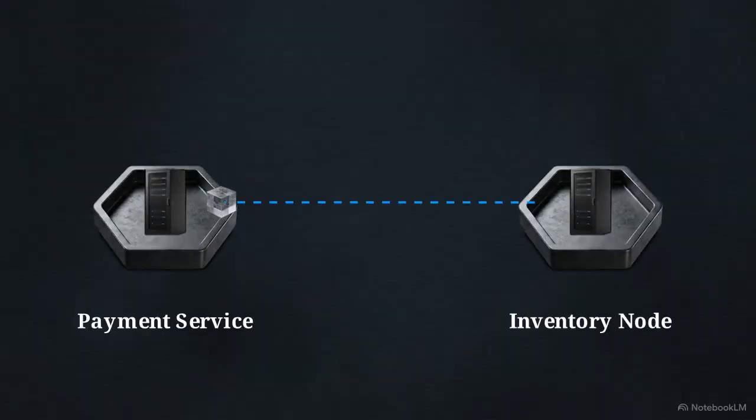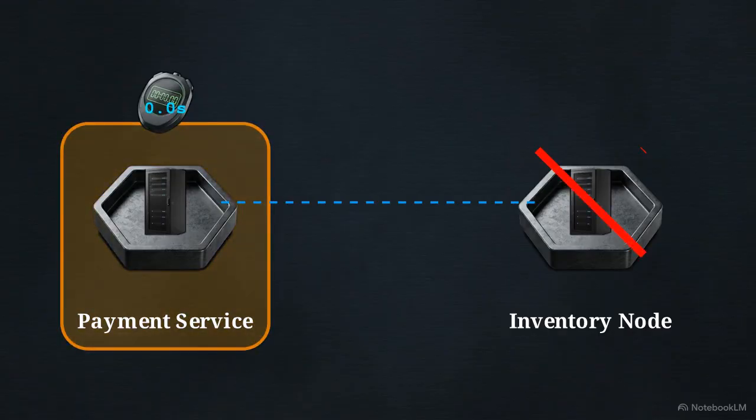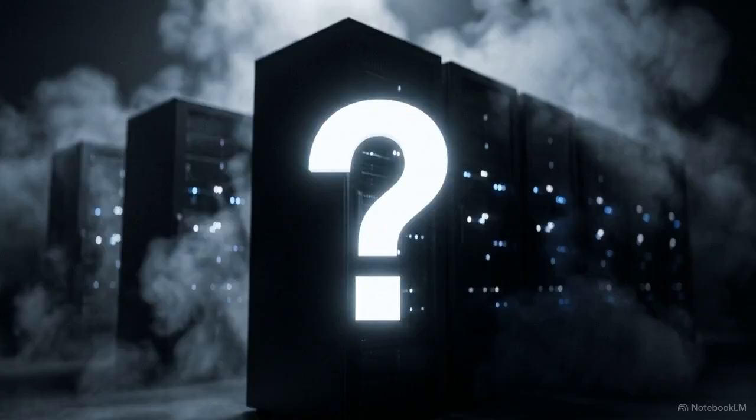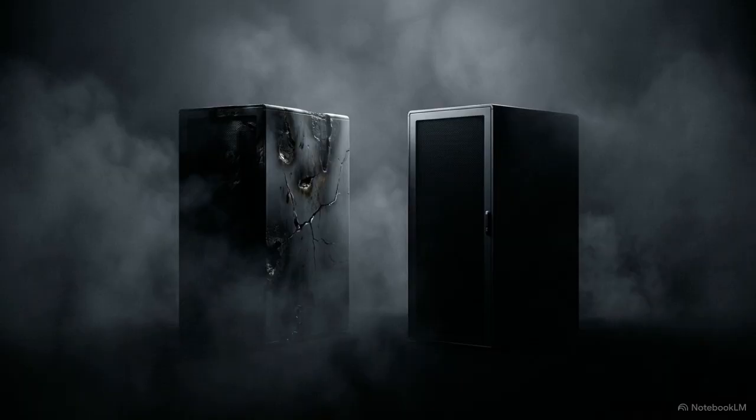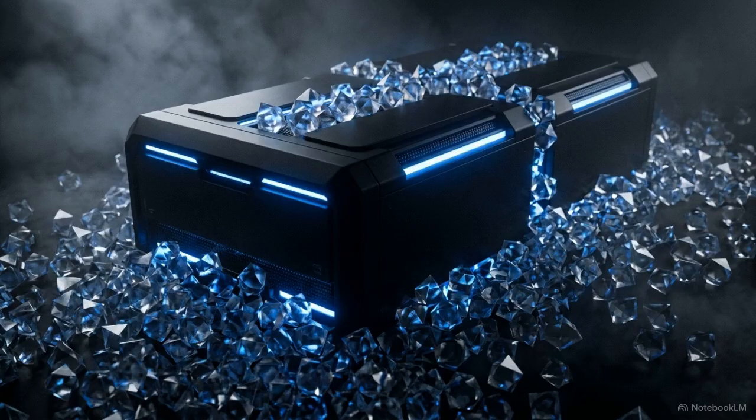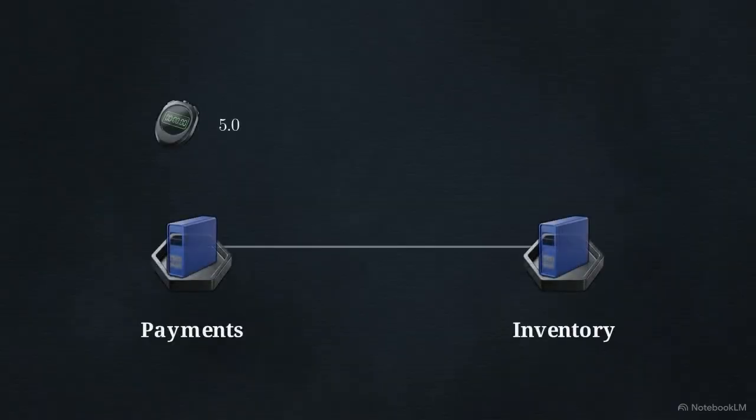The standard engineering solution for this silence is a timeout. The payment service waits for a specific number of seconds, gives up, and assumes the inventory node is dead. But a timeout is just a guess. It cannot distinguish between a machine that has actually crashed and a machine that is functioning perfectly but is stuck behind a congested network queue. When the timeout hits 0, the system's automated reflex is to simply try again, firing off a duplicate request to the inventory node. If the inventory node was just running slow, that original request was already processed. The lost confirmation finally limps back to the payment node right as the blind retry is sent out.